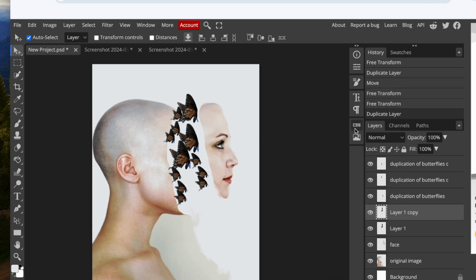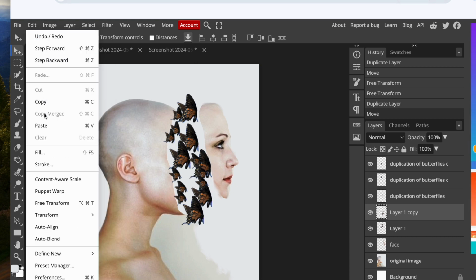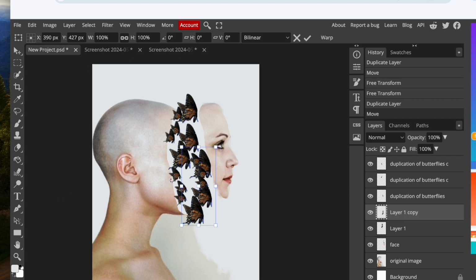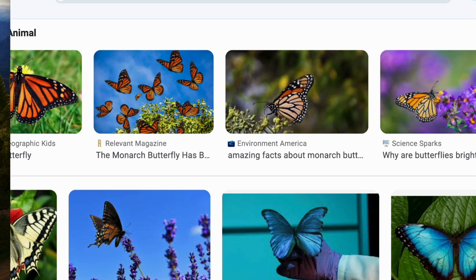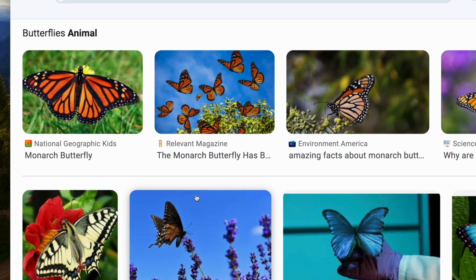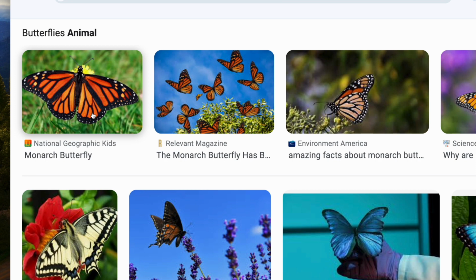Here, let me see. Are these the larger butterflies? Yes, they are. There you go. So you can put those, they're like coming out of the face over and over again. If they're too large, go back into transform under edit, free transform. And then you can work on changing the size, changing the direction to fill in some of those gaps. Just like so. If you would actually like to say, you know what, I want butterflies to have a different positioning or different color butterflies, you can always come back over here and add in